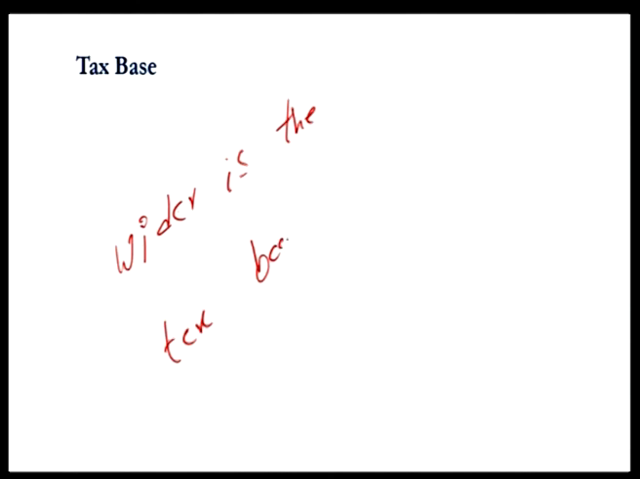The wider the tax base, the more the tax revenue. So if you have a broad tax base, then you have a very broad tax revenue. Got it? So if you look at it, the wider the tax base, the broader the tax revenue. So if you have a large number of economic transactions and a large amount of goods and services are taxable, then